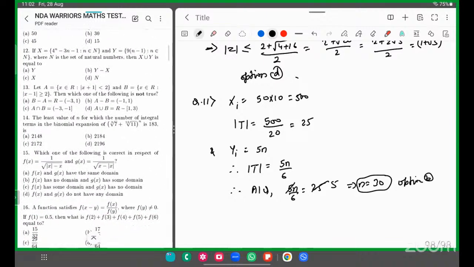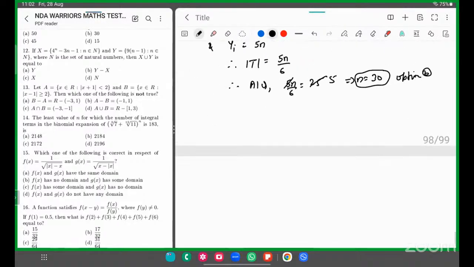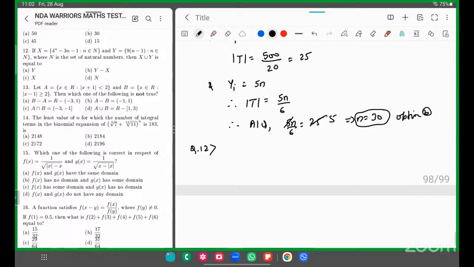Question number 12, देखो क्या कह रहा है. If X is equal to 4 raised to power n minus 3n minus 1, n belongs to natural numbers, Y equal to 9 of n minus 1, where n is the set of natural numbers, then X union Y will be equal to what? You have to tell the union value. Question number 12. Write it. X is equal to 4 raised to power n minus 3n minus 1, इस तरह से दे रखा है। और क्या बता रखा है इसके बारे में, कितने एलिमेंट्स इसके पास हो सकते हैं, तो